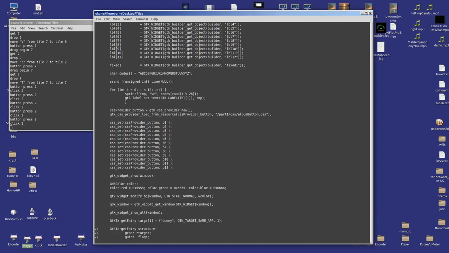We are declaring CSS provider button, which has already been declared. We are initializing it by calling the function CSS provider new. That returns a pointer to a structure which is as of yet unpopulated. But CSS button is not just pointing off to infinity or something. It's now pointing at an actual populatable structure. And then I populate the structure by saying load CSS provider from